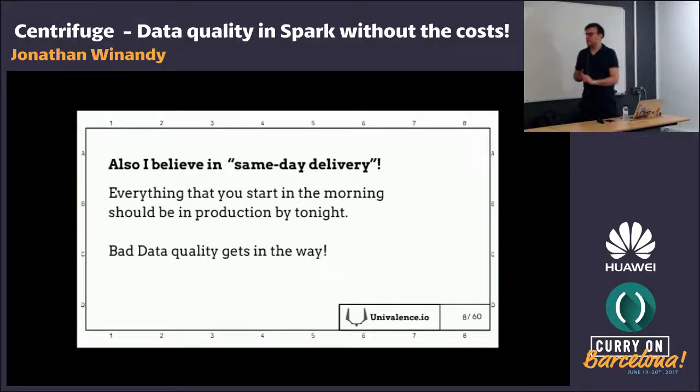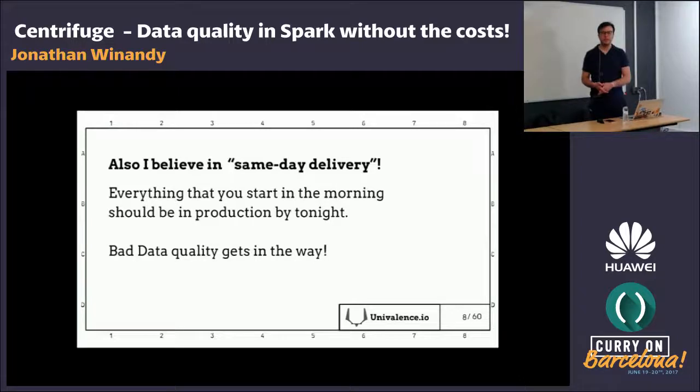Also, I believe in same-day delivery. That's my Clojure side. When you change your program in memory and deploy a new feature on running instances, I really think that in 95% of the jobs we do, we could start something in the morning and ship it in the evening.